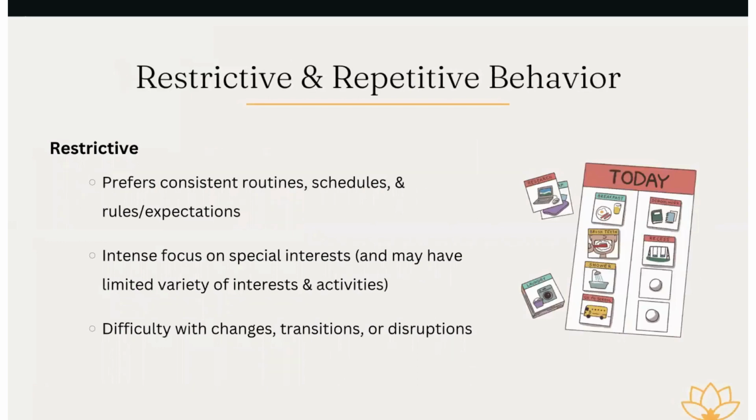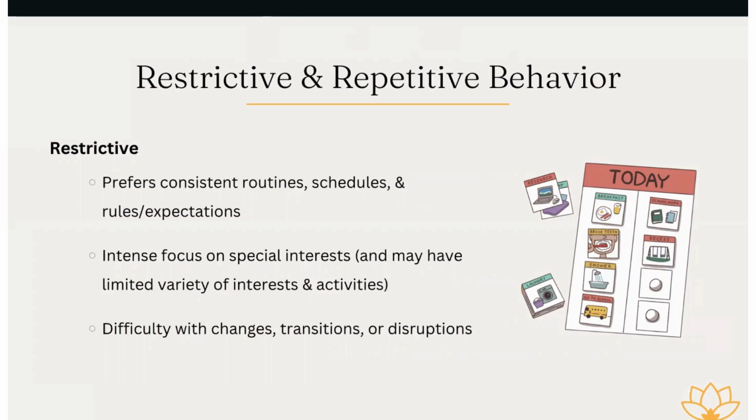Now we're going to move into restrictive and repetitive behavior, which is that second group of symptoms as the DSM would describe it. But we're going to be looking at it as what are the unique traits and strengths. So when it comes to the restrictive side of behavior, individuals on the autism spectrum may prefer consistent routines, schedules, and rules or expectations. It tends to help when you clearly communicate what the activities of the day or what is going to happen within an activity, and what they can expect during that activity,